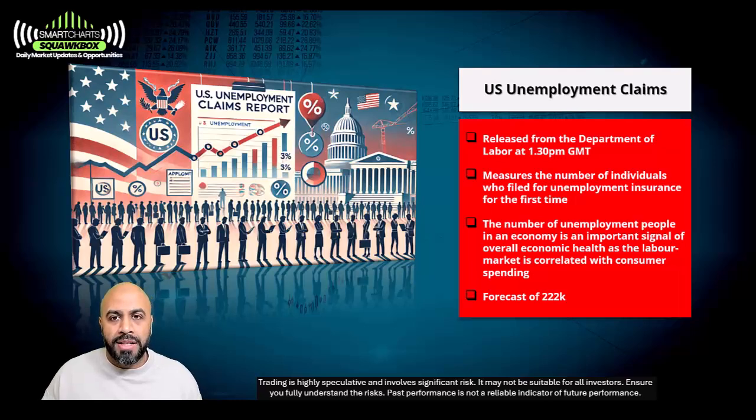Because if the market gets surprised, so maybe the number is a lot bigger than people are expecting, or maybe a lot smaller than people are expecting, then that may cause people to readjust their positions based on this new surprise number that has been released. And that can cause a lot of volatility in the market, which is sometimes tradable and can give us some good clues of what could potentially happen next. So we'll look for those big surprises and see if there's any clues around trading those bigger moves.